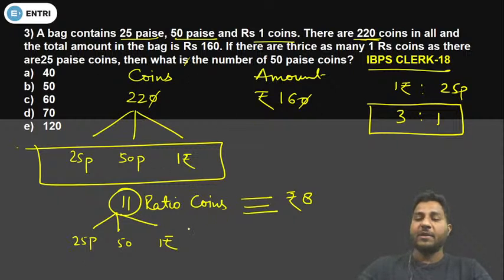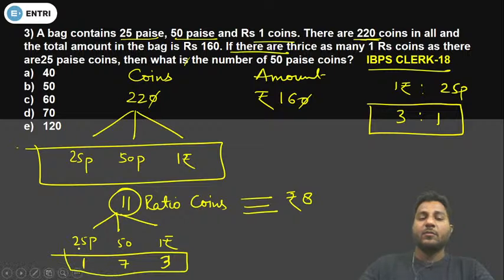20 से एलिमिनेट करके. Now if we suppose 1 coin of 25 paise, that means 1 rupee coins would be 3 because the condition is given here. That means 4 coins have been generated. Now only 7 coins have been left. Now let's convert them into value.